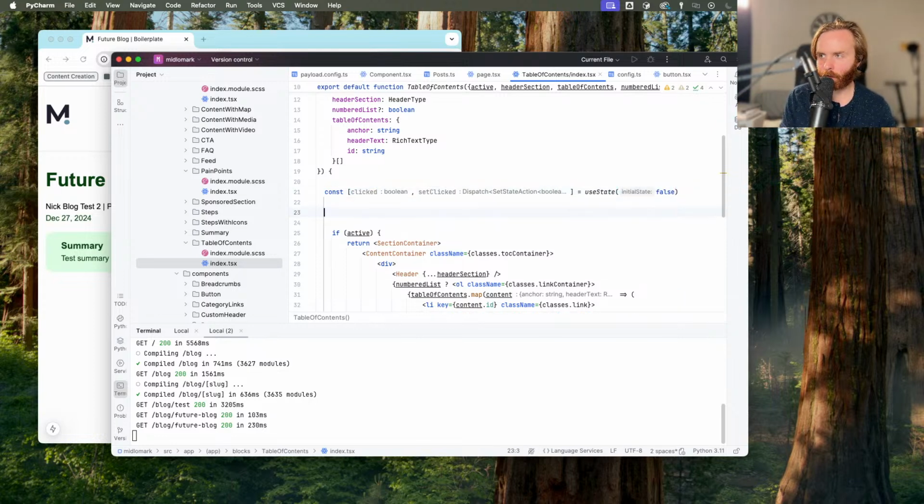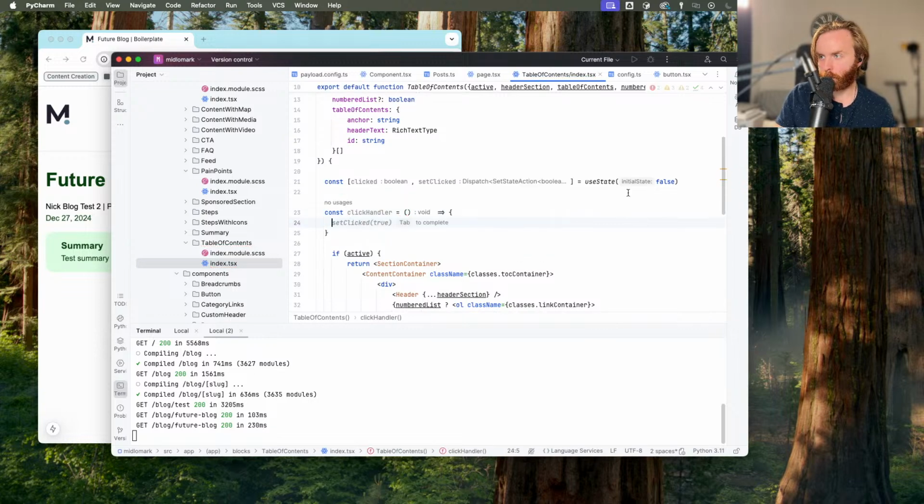And then we're going to have our click handler, and that's going to go straight over here to a function. So click handler. We don't need to do anything with set clicked yet. We can just do prevent